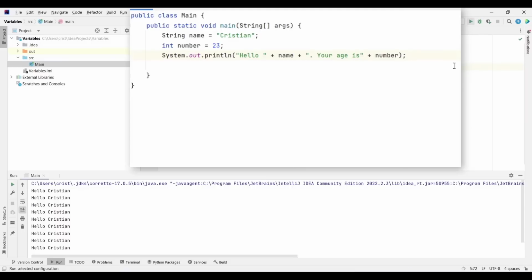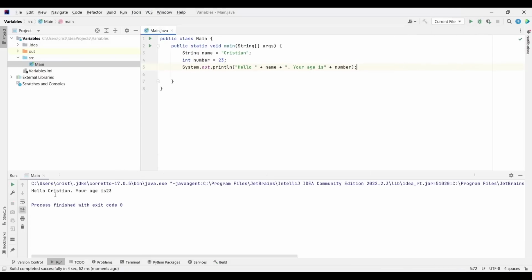So now if you run this, we have hello Cristian, your age is 23, and let's put a space here to make it look more beautiful. So we get hello Cristian, your age is 23. So now we are concatenating this number to the string that we have here.